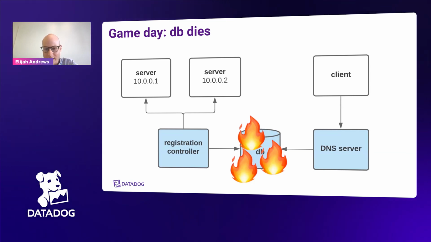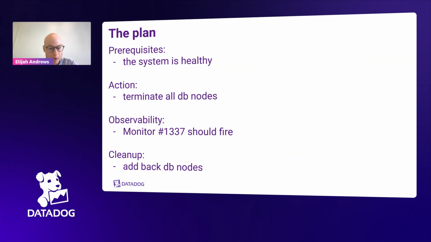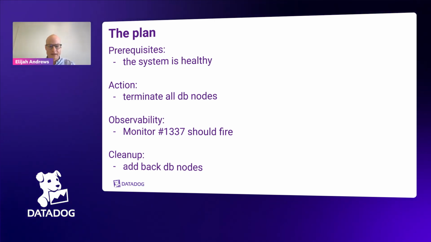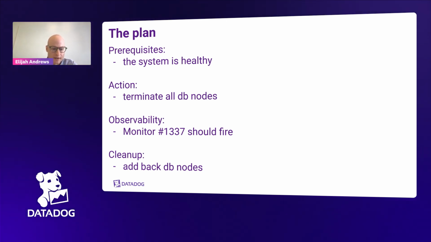The key insight that we had when we were coming up with this plan is that when we encounter problems with the system, we should favor serving stale results over serving nothing at all. And this is pretty reasonable because at steady state, IP addresses aren't really changing. It's only when we're doing deployments or scaling our applications up and down that we need this mapping, right? So we can degrade in a way where we serve stale results. And this is a reasonable assumption to make because if you have good observability, communication, and tooling in your organization, you can avoid having deployments happen when the core dependency is down.